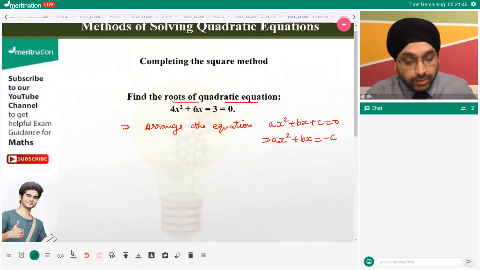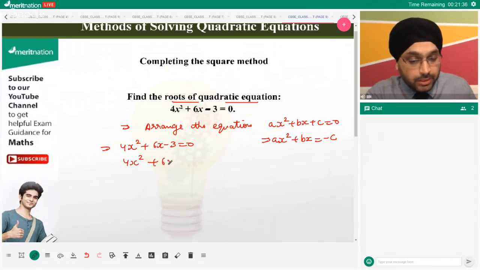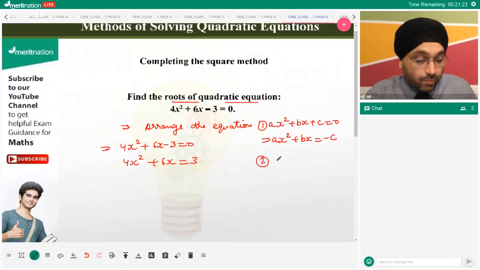So can we write this as 4x square plus 6x minus 3 equals to 0, as 4x square plus 6x equals to 3. Now, guys, let's say this is the first step. The second step is what? We just need to make the coefficient of x square as 1. So we just need to convert